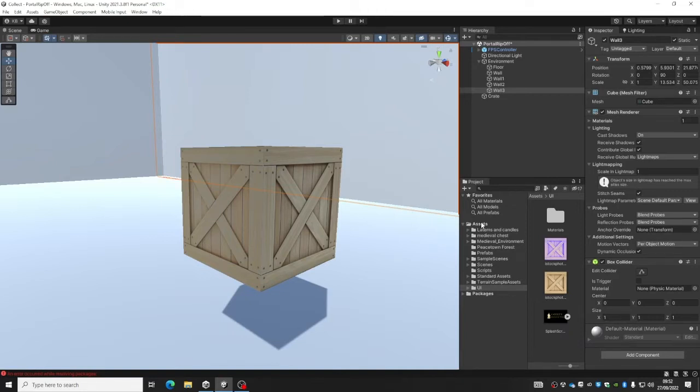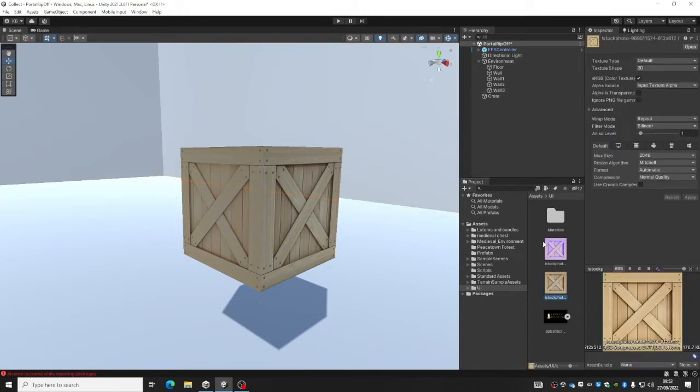That's okay. So, all I'd like you to do is, I went onto Google Chrome, I just downloaded the wooden texture, I just want your crate to look different. What you can do is, as long as it says it's default and it's a 2D shaped texture, you can click and drag that straight on to your crate. And if you want to edit the way the texture looks,